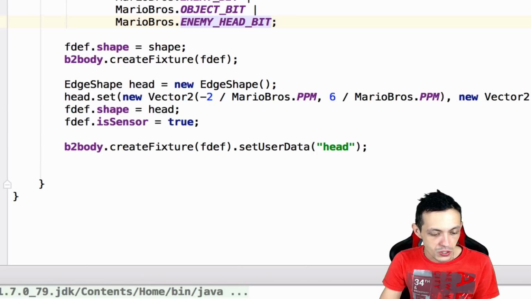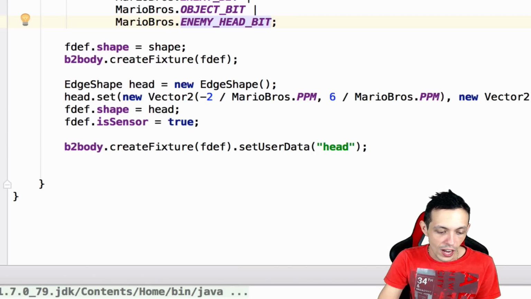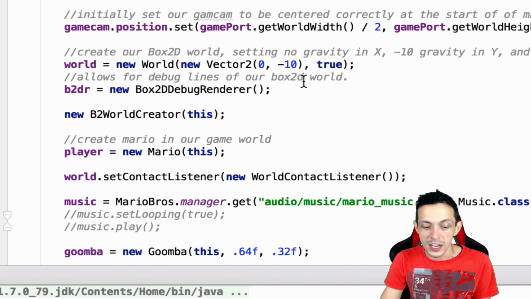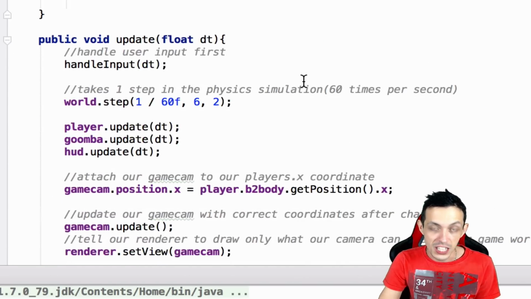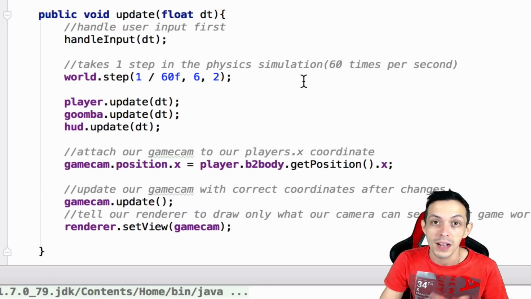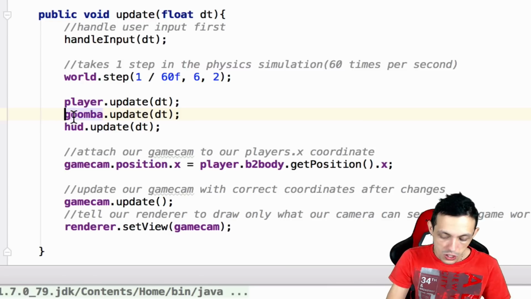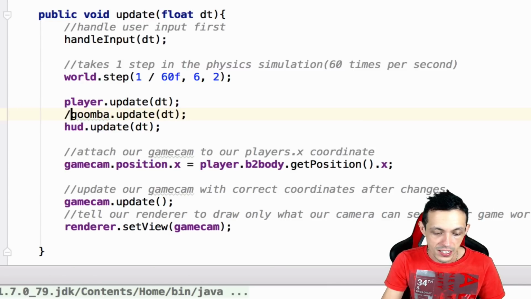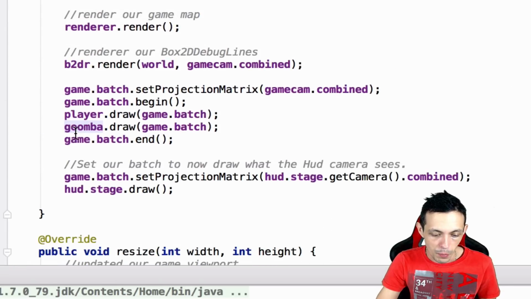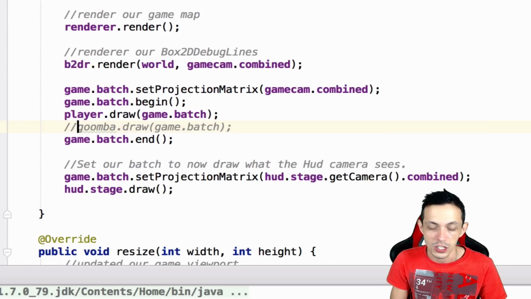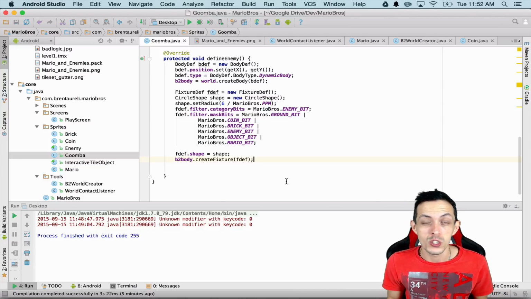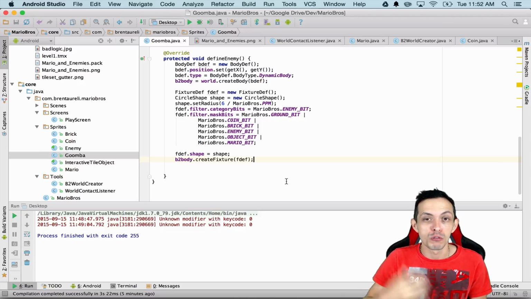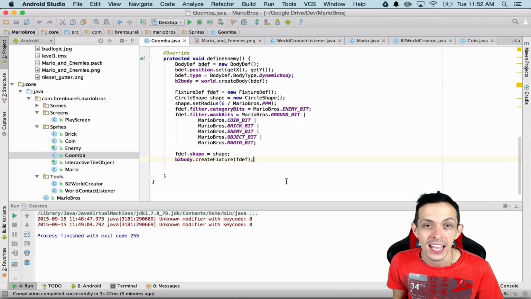During the course of this tutorial, some of it will start out with the Goomba texture non-visible, so we can see basically the debug lines for our box 2D body. So we're going to just go ahead and comment out the render part of our Goomba so we can see the structure. In order for us to tell the difference between Mario colliding with the Goomba head on into his body and Mario jumping on its head, we need to create a head fixture in box 2D